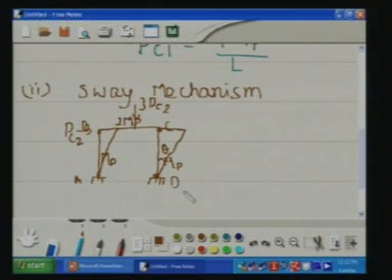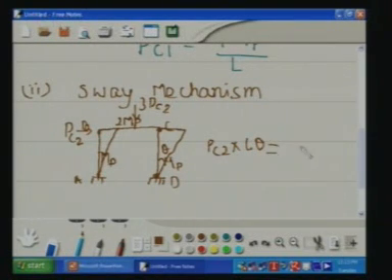So, this angle will also be equal to theta. Now, let us calculate the virtual external work done, and that will be equal to PC2 multiplied by L theta, since this angle is theta and this distance is L. So, this distance will be equal to L theta. So, the external work done will be equal to PC2 multiplied by L theta. This vertical load will not be doing any virtual work because there is no deflection in this direction,